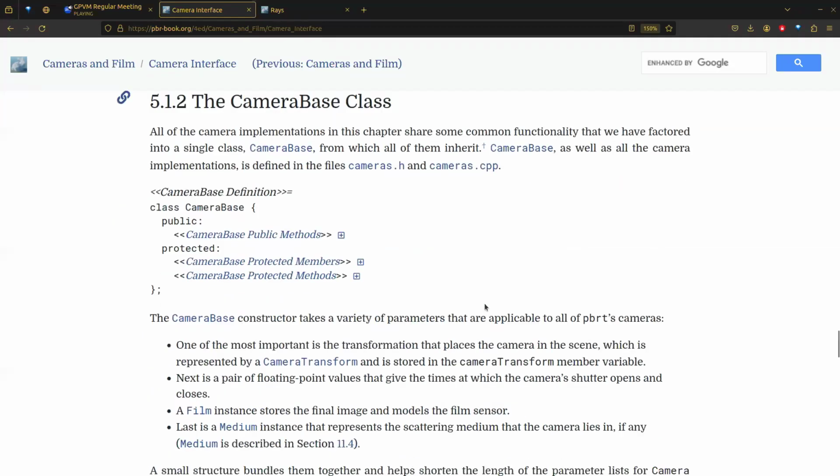So we've got the camera base class. All the camera implementations in this chapter are somewhat common functionality factored into a single class, camera base, from which all of them inherit. Camera base, as well as the camera implementations, are defined in the camera.h and camera.cpp. Okay, so we got